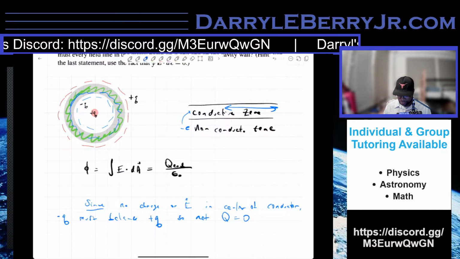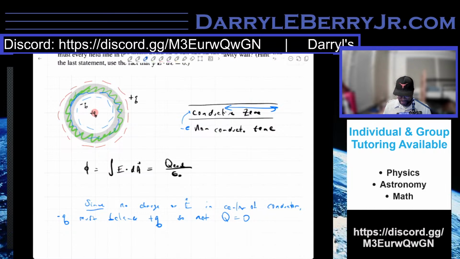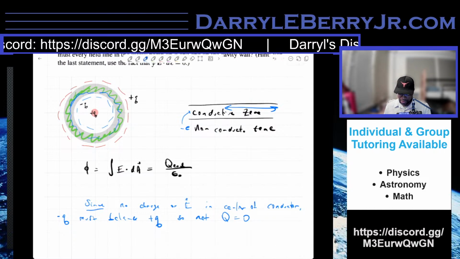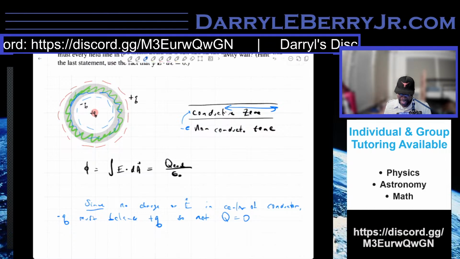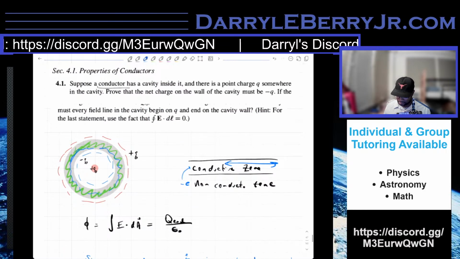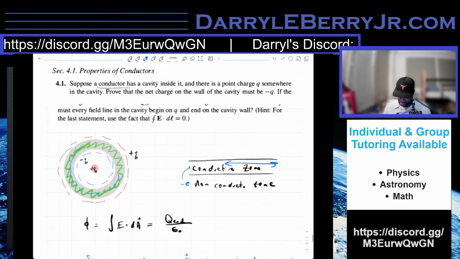And do we have a positive Q on the inside? We must necessarily have a negative Q on the inner walls so that the net charge is zero and it satisfies the fact that we have zero charge in the middle, a zero electric field in the middle. It says then